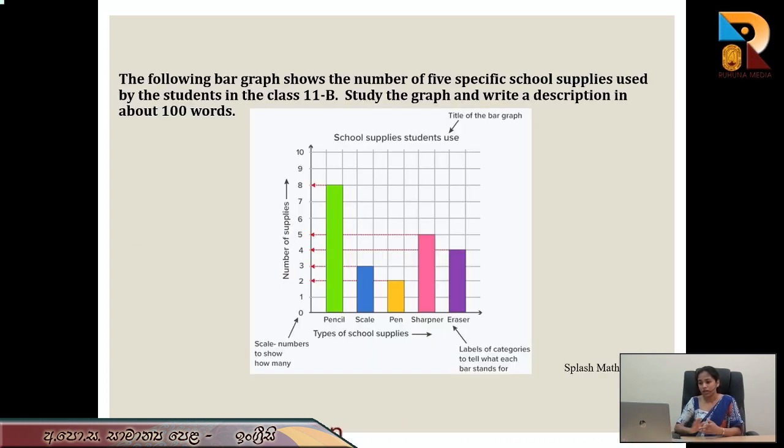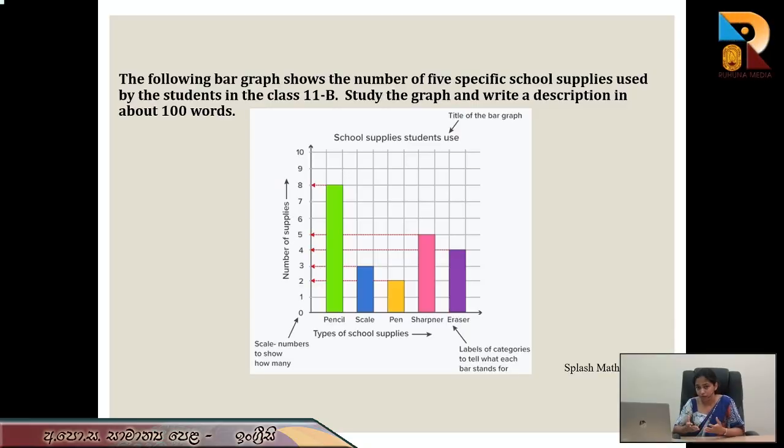Right. Now, in the following 3 slides, we have designed 3 questions for you. Now, let's have a look at them one by one. Now, if you get this question in your paper and if you are to describe it, this is how you could do it. Now, when you get a question, don't start to answer at your first glance. Take a minute or two to study the graph, right?